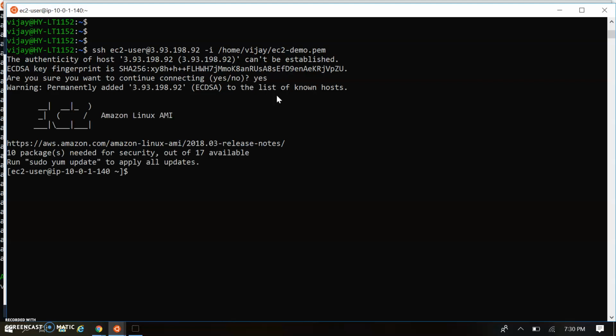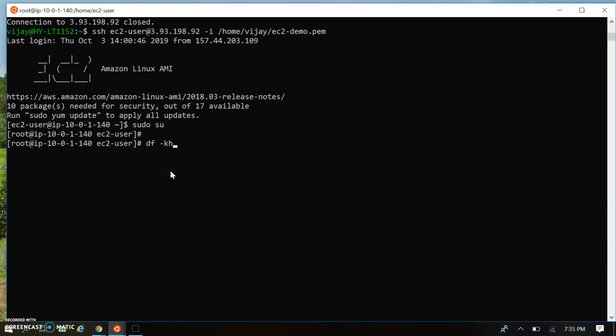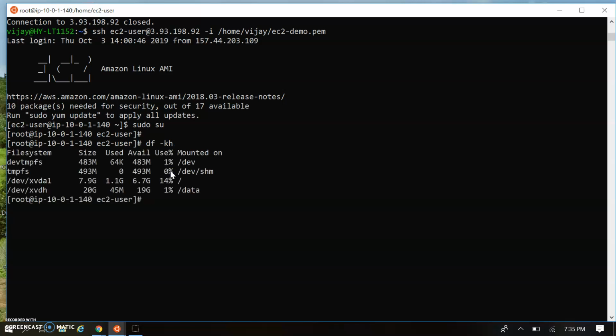So we got the EC2 access, and let me take root access with sudo su, and let's have a look whether the block is attached or not. Just passing the df -kh command. You can see there is one block attached, that's /dev/xvdh, which we created as a volume. That's a 20 GB volume.